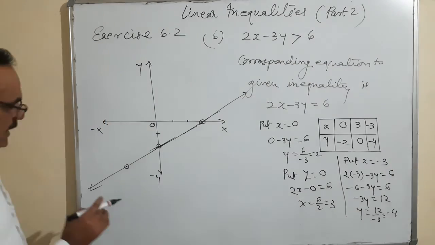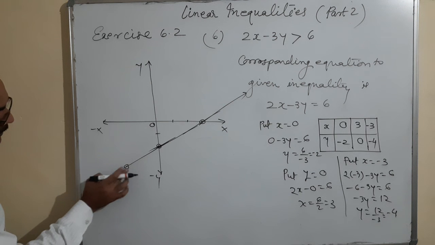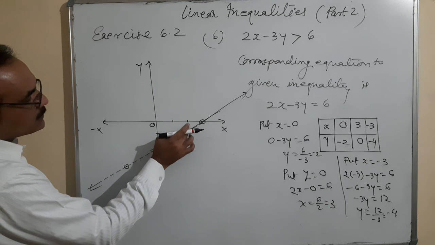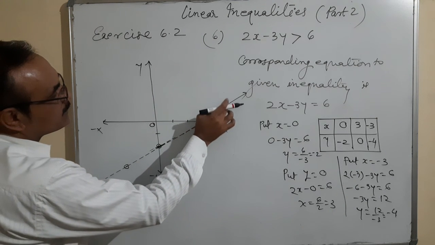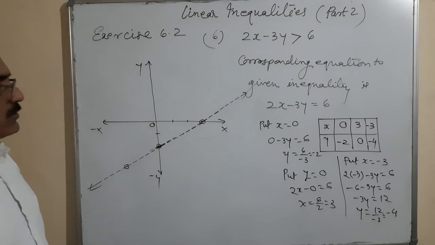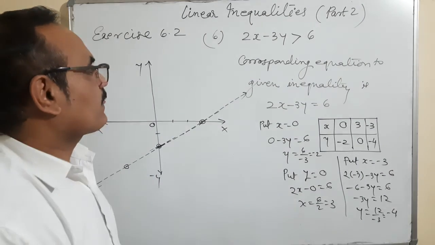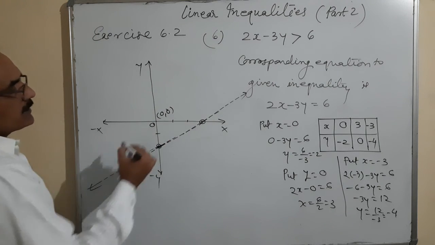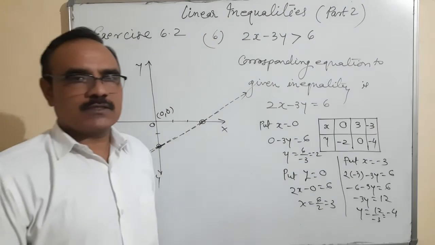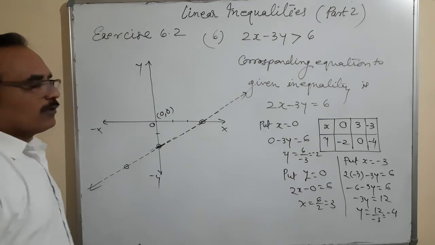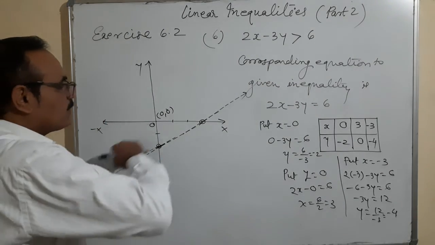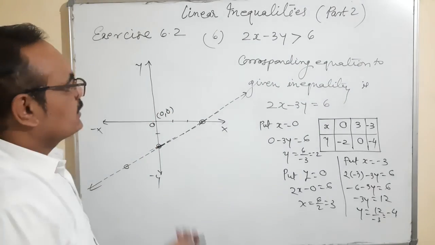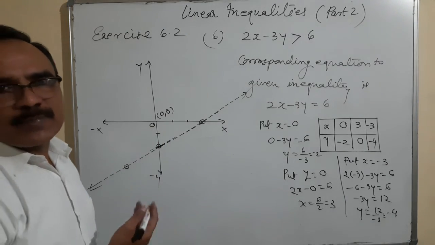That means this line should be dotted. Mind it, because the points which are coming on that line will not satisfy the condition of the given inequality. So you have to draw a dotted line here. Now again, because origin is here, better to put origin. You're thinking why the sir is putting origin again. Origin will not be substituted only when the line passes through the origin, then you can take any other point. Otherwise, you can put the origin. It is for the simplest calculation.